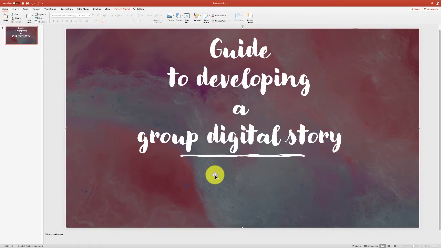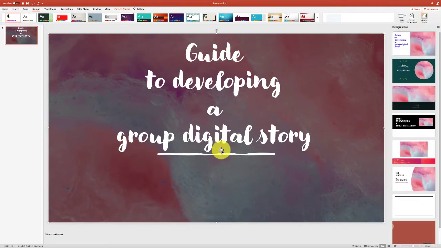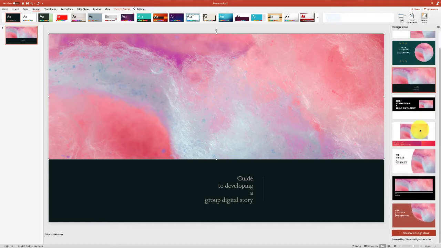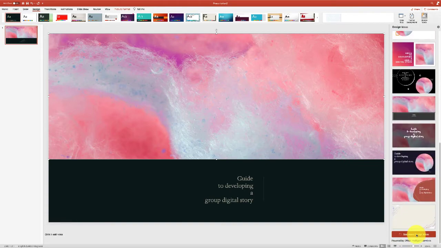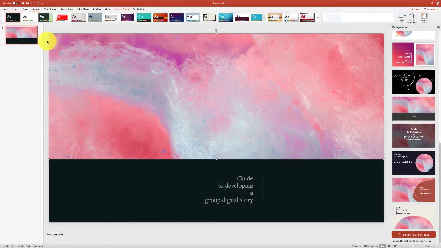So that's the problem with designing using the design ideas here, that some things are fixed and they're not so easy to use. But the other advantage is I could change it. So here it is. This is quite a nice one. Try and pick something relevant. You can get different design ideas. You can go down here and say new designs, and you can see here. And if I close it and go back in, so often what I will do is